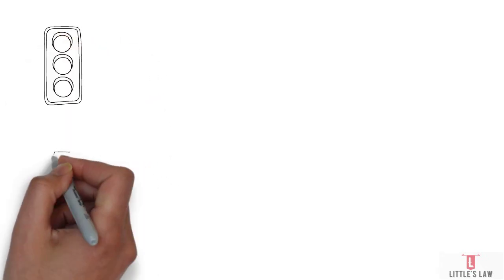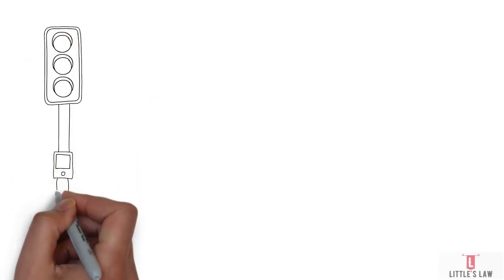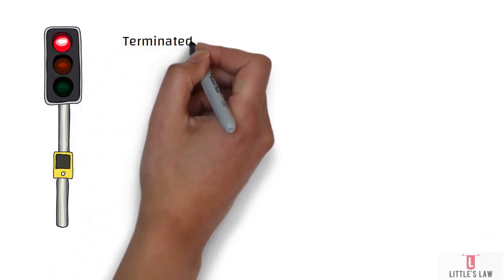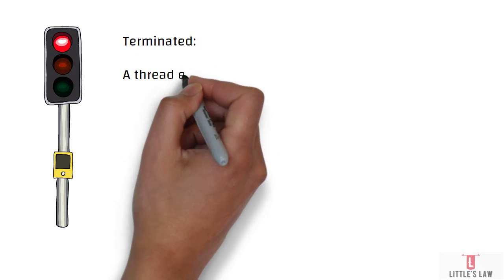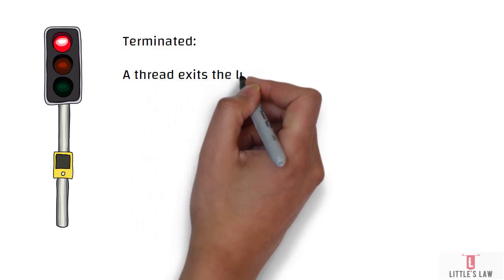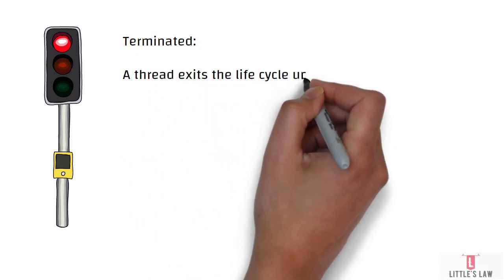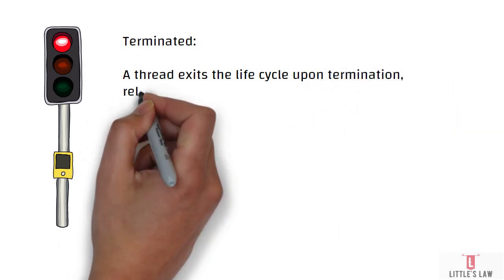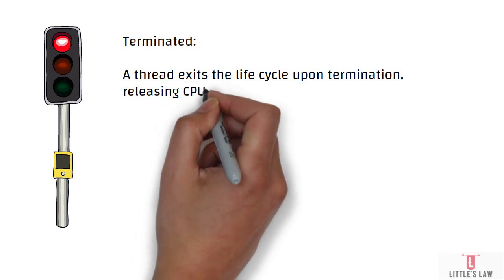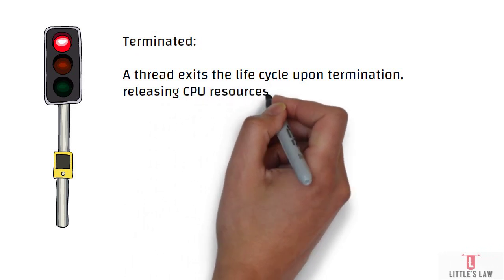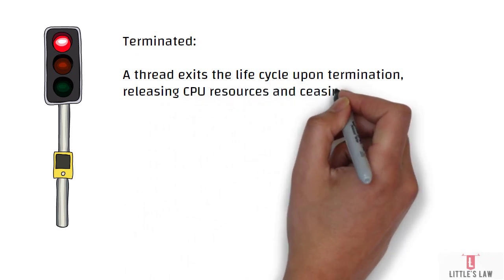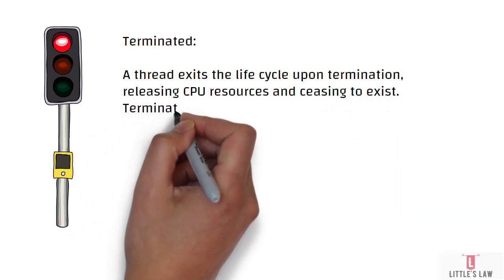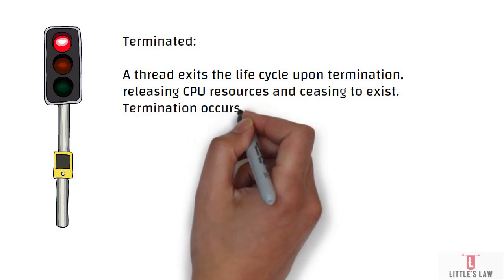For instance, consider a thread which is responsible for performing a specific task within a program. Once the task is completed, the thread naturally terminates, freeing up the system resources. So if we are running a Java program, the moment it completes its execution, it automatically frees up its system resources, and in turn the thread gets terminated. Understanding the nuances of each thread state and their implications aids in effective thread management and debugging